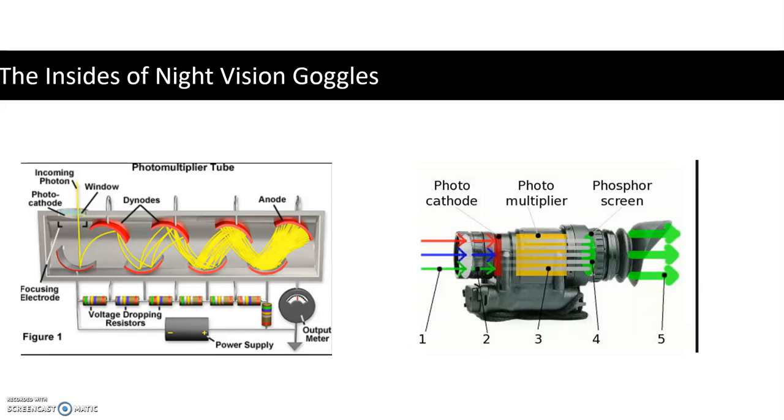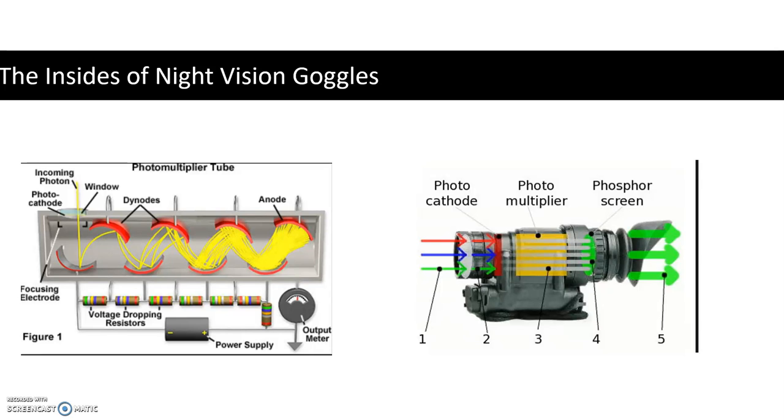So basically what happens is the photoelectric effect is used to amplify the presence of individual photons, because obviously in a low light environment there's not a lot of photons floating around. So we need to make the most of the ones that we can pick up. So the lenses collect photons and channel them to a material with a coating of photoelectric material.